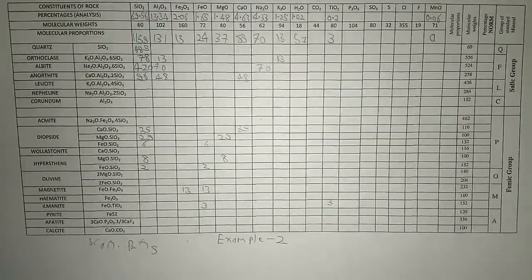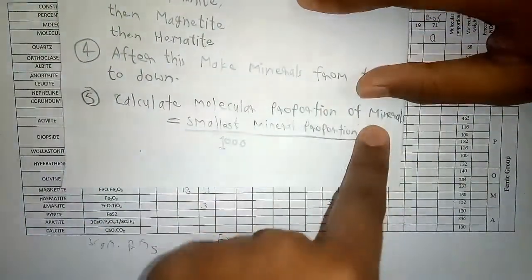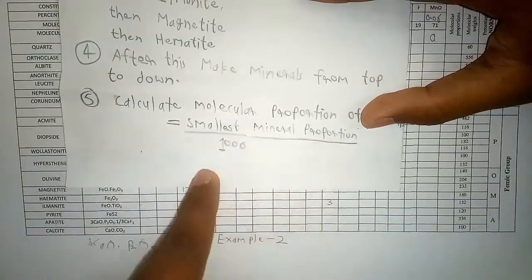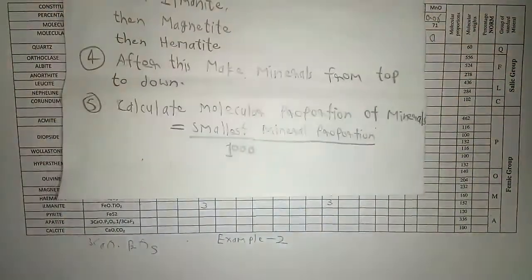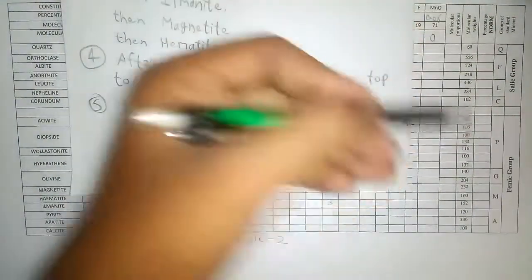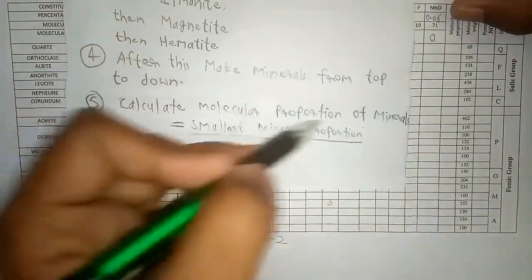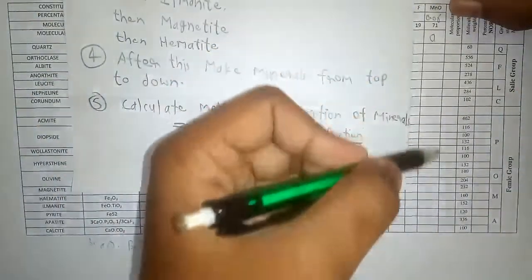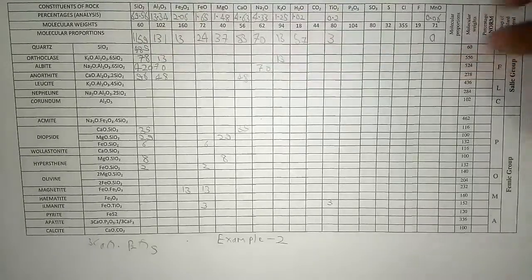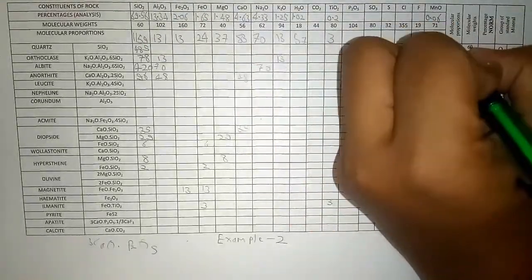So as I told you in the first part also, the fifth step is calculate molecular proportion of minerals. So the smallest mineral proportion divided by 1000. And this is the column of molecular proportion of minerals, and this is the column of molecular weight of minerals. Okay, so I told you we have to find out molecular proportion of minerals, so we have to write it here. So the smallest mineral proportion we will take. For example, in quartz the smallest mineral proportion is 0.485, so I will be taking here 0.485